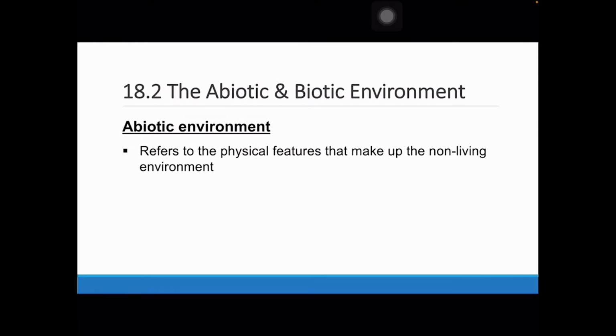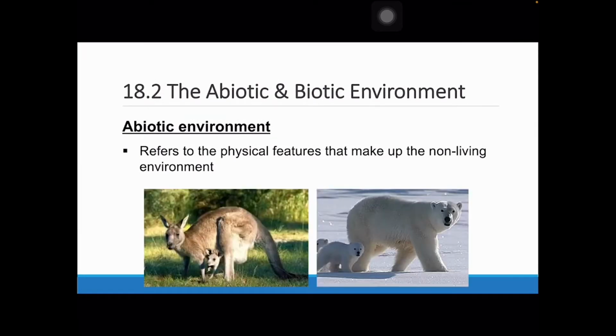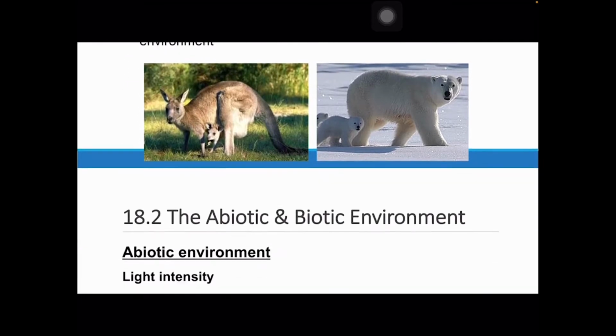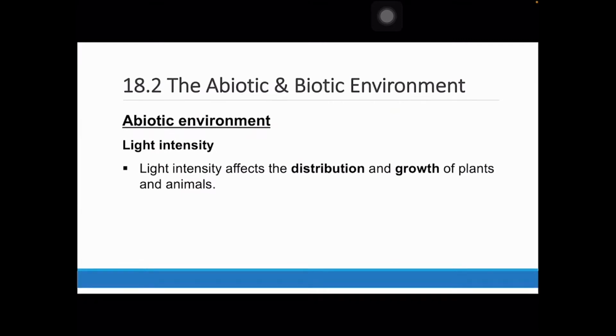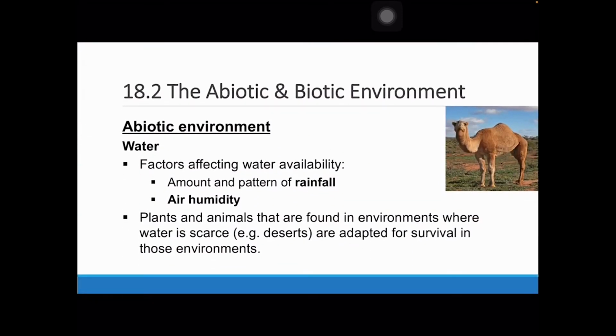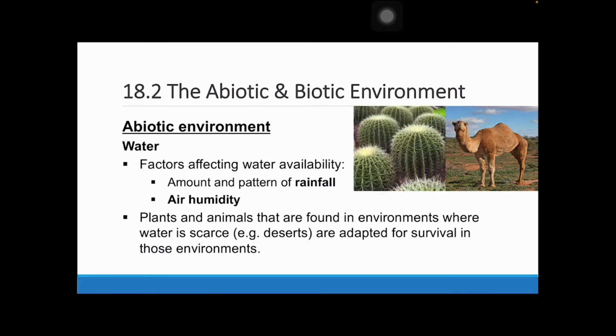So just some examples of abiotic environment, so at least we have an idea of what they comprise. Things like light intensity, a type of abiotic environment, can affect the growth of plants. Water is a type of abiotic environment factor as well, because it does impact us, just that it's not a living thing. So how exactly does water affect us? We talk about how the leaf is adapted to reduce water loss.